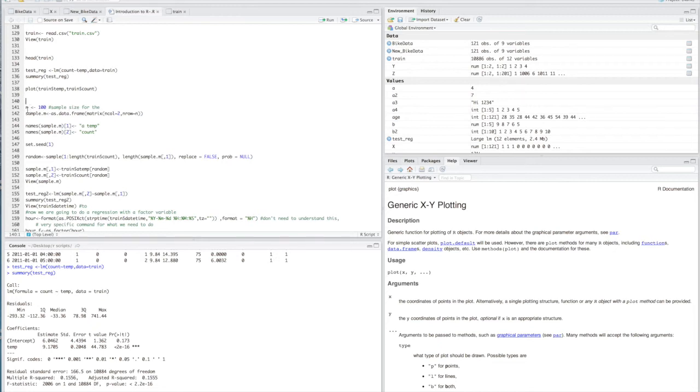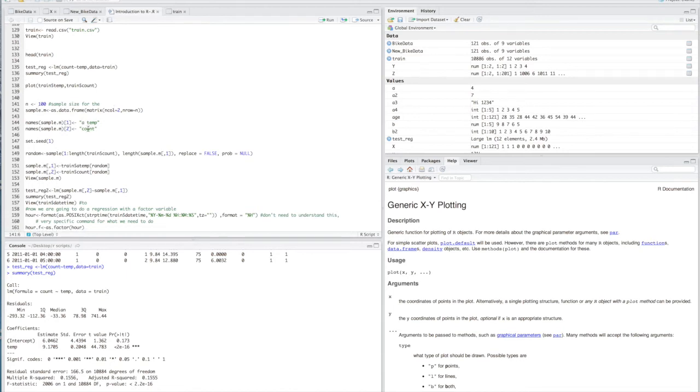So I'm just defining n as the sample size, pretty standard. Here I'm using 100. And then again, when you're doing a regression, you want it to come out of a data frame. So I'm creating a matrix, since we're going to do a regression between atemp and count, with number of columns equals 2 and number of rows equals n. So it's a 100 by 2 matrix, and of course each row will be a set of